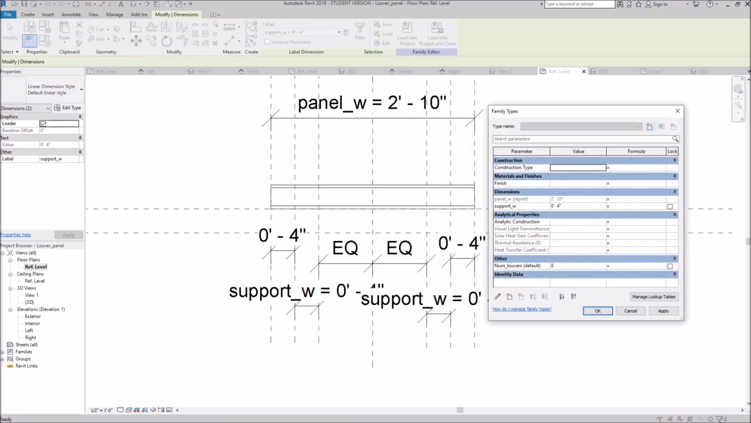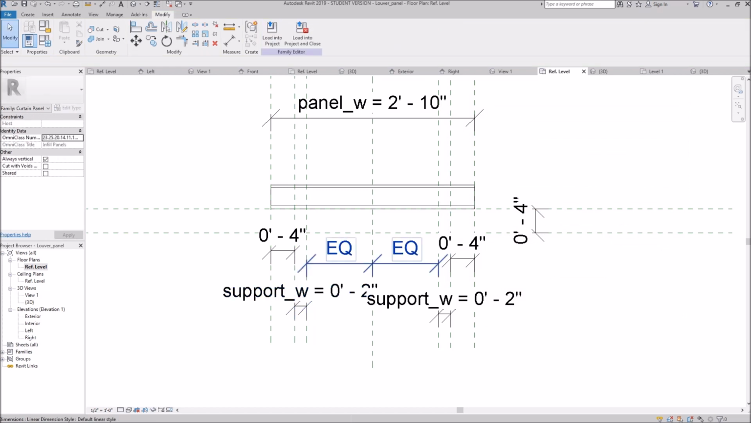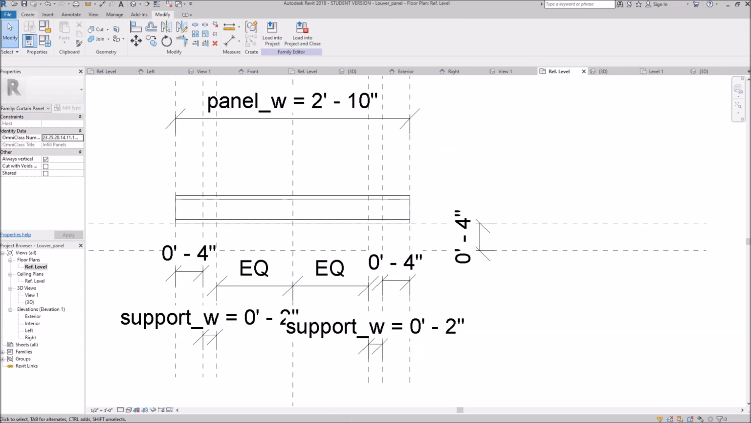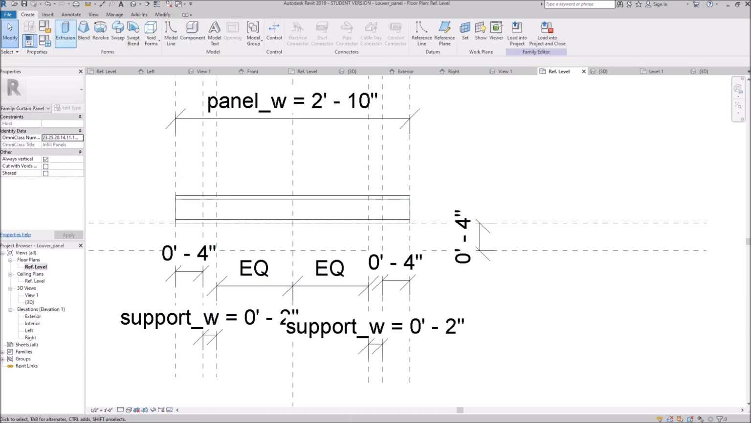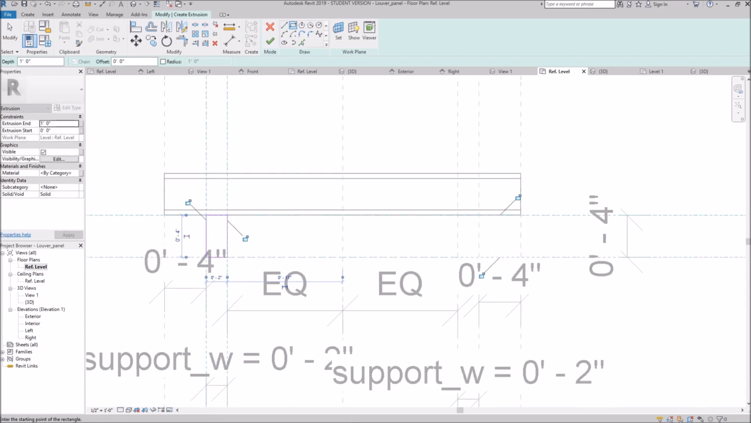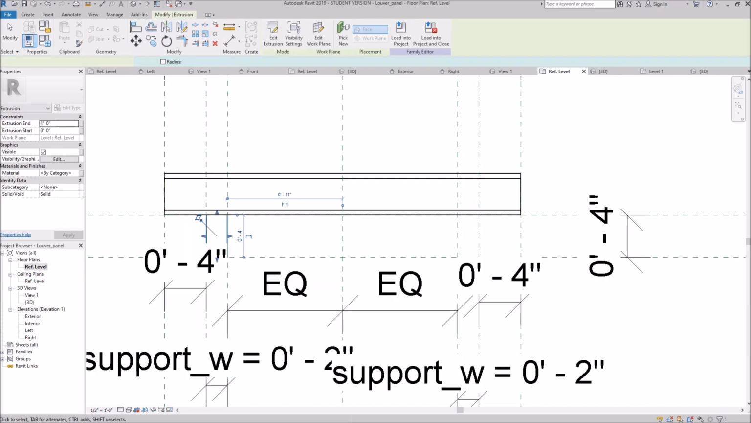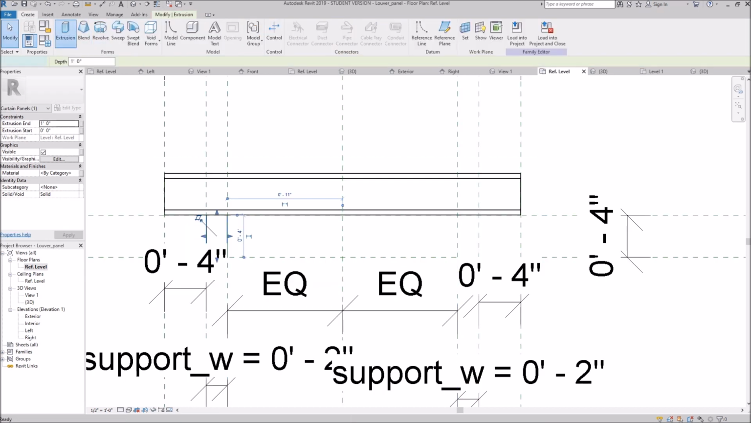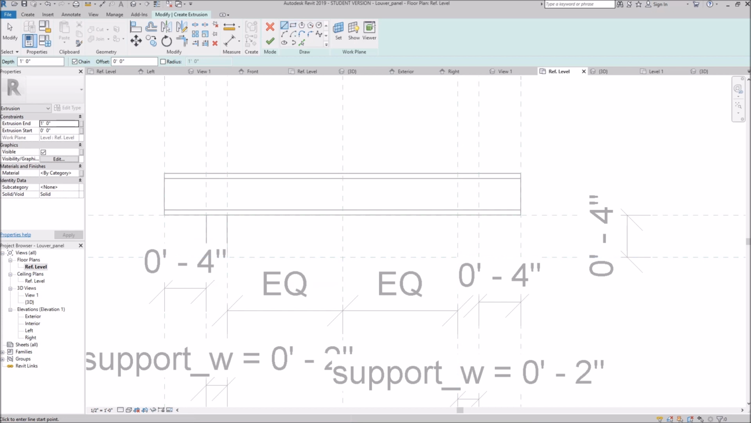And if I go to type properties, support W, I want to make it thinner. I can make it, let's say, 2-inch profiles. I can specify 2 inches, hit apply. You can see that they're stretching quite nicely. So let's do create extrusion, and I want to model simple blocks here and lock these relationships, and I want to make another one. Let's lock these as well,